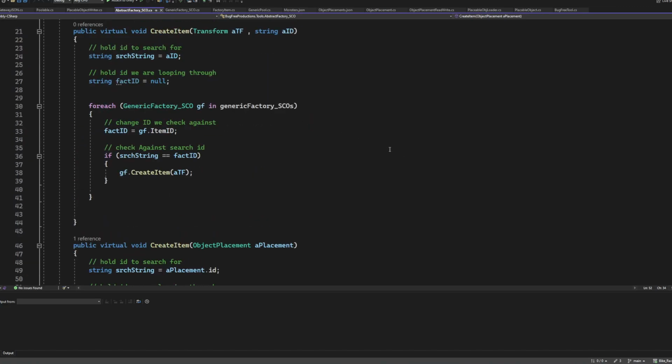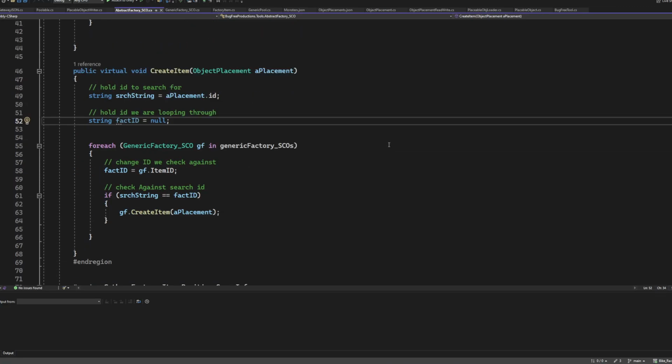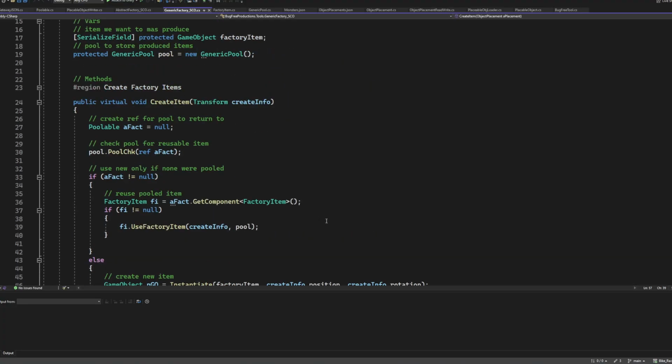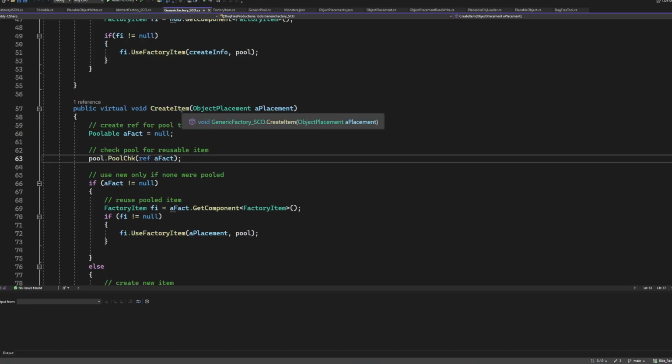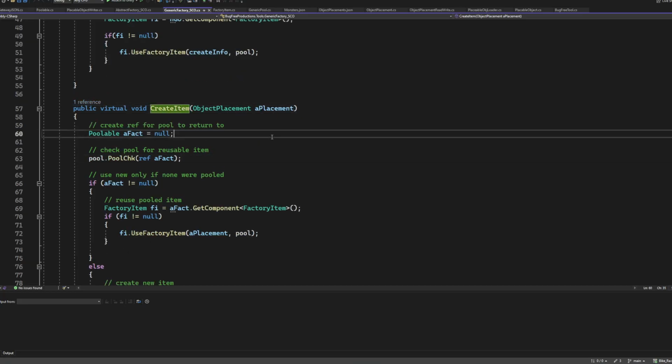Since we changed the way we create items, we had to change the way we created item in factory a little bit. This is our regular transform one, which is the reason we didn't create another method with the string. Instead, we just use that. And then we create item. So create item, object placement is the one we use when we write or when we read back in a file. And pool check